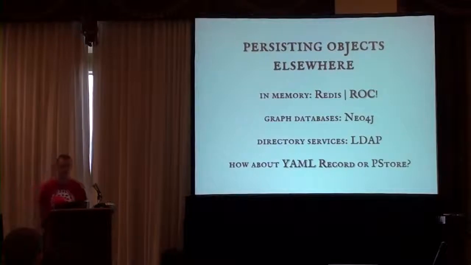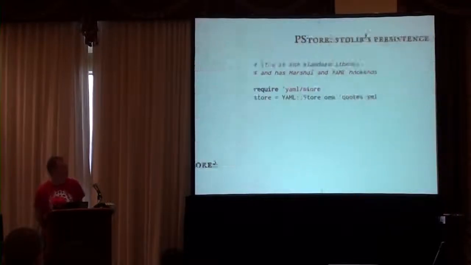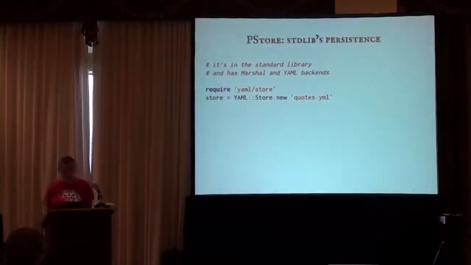Pstore is persistent store and is, I think, my favorite standard Ruby library that is really underrated. It's in the standard library. You already have pstore in your systems wherever you have Ruby. It has two backends. It can either marshal the objects or put them in YAML files, and all you need to do is either require pstore or require YAML store, and then create a store object with the name